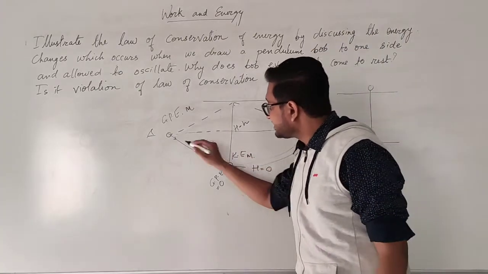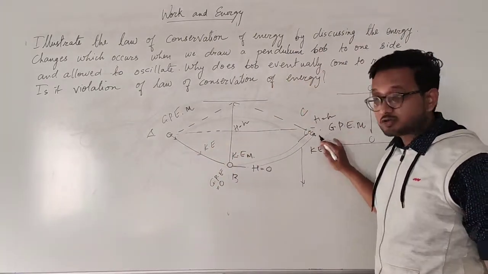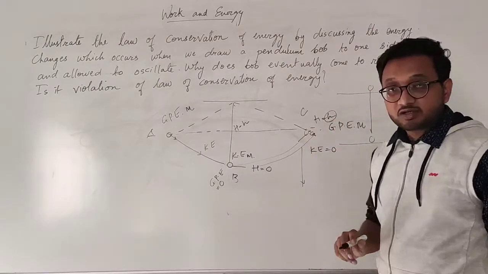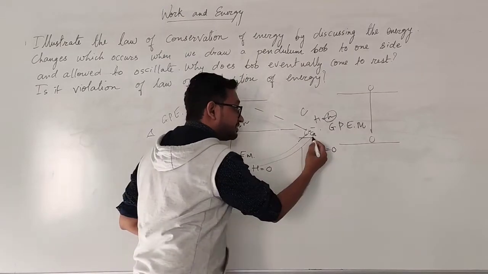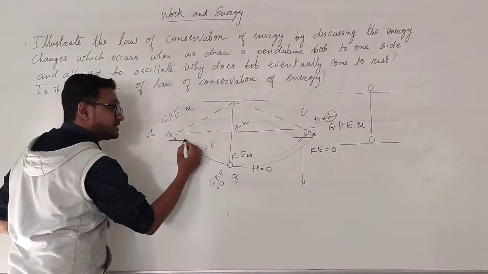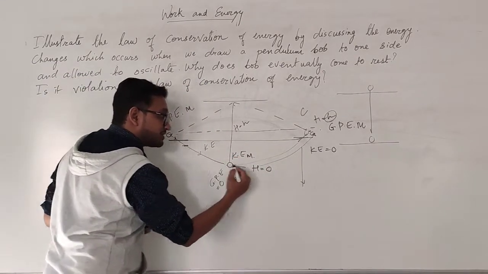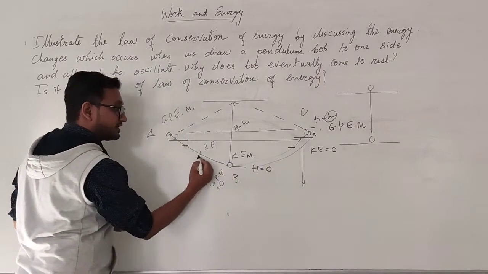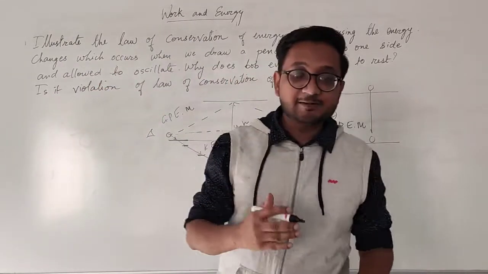Let's say that it has height h, but when it comes to point C, it is not going to have height h. That height will be somewhat reduced, and when it has less height, it is going to come to this side, and on this side it is once again not going to reach this height. It will be somewhere over here, and then somewhere over here, and ultimately it comes to a stop. So the height gradually keeps on decreasing.